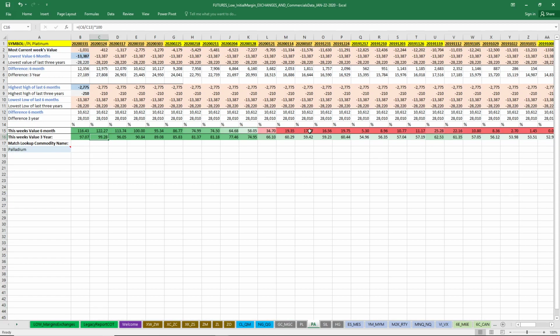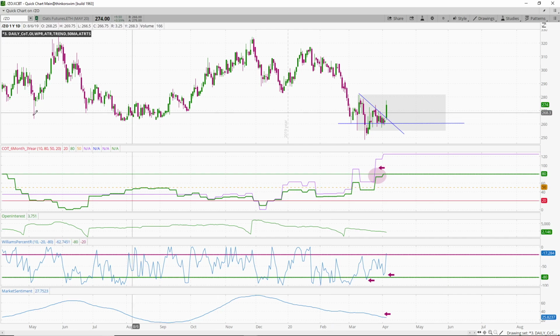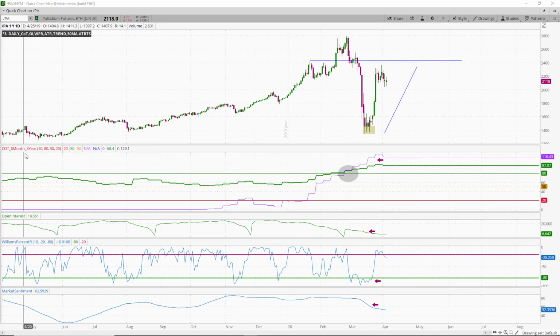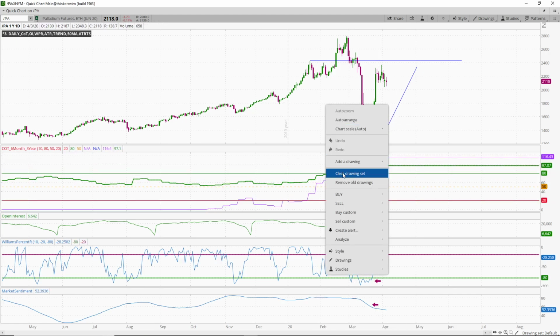Palladium, still looking a little bullish. If you got deep pockets and you want to play this one, their comms are consistently bullish on this. Coming down a little bit from last week's high, but still holding net long. So what does the Palladium chart look like? And I'm pretty sure we put this in the CoT indicator here. Yeah, we did on TOS.